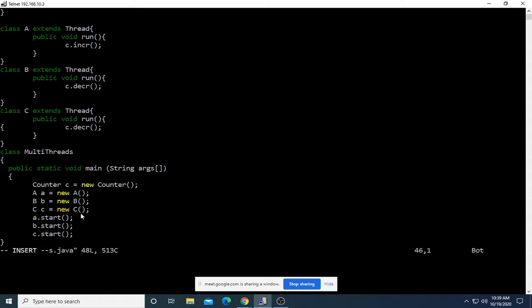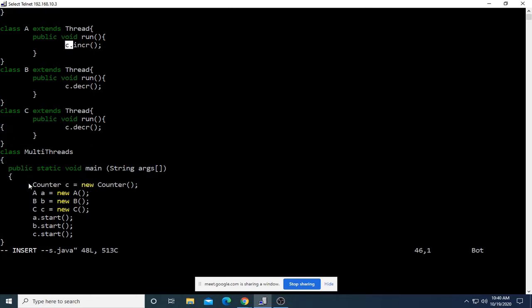The main part is fine. However, observe the run method. You want to operate upon object C, which is of type counter. But the scope is totally different. You are creating an object of type counter in main, and directly accessing it within the run method, which is not valid.